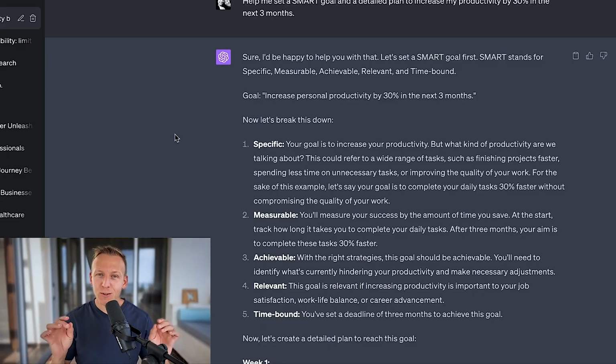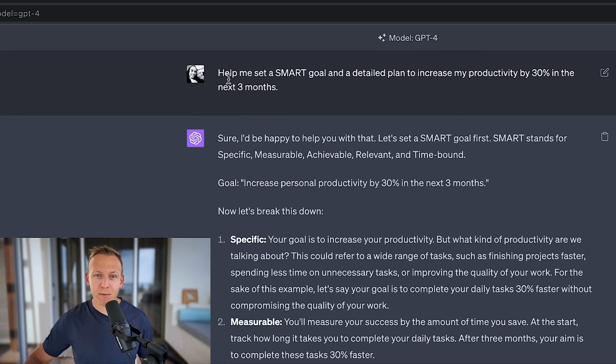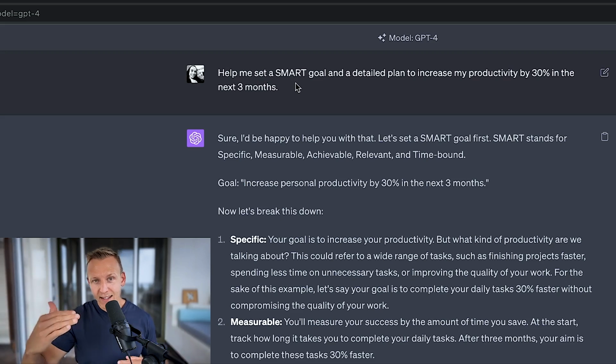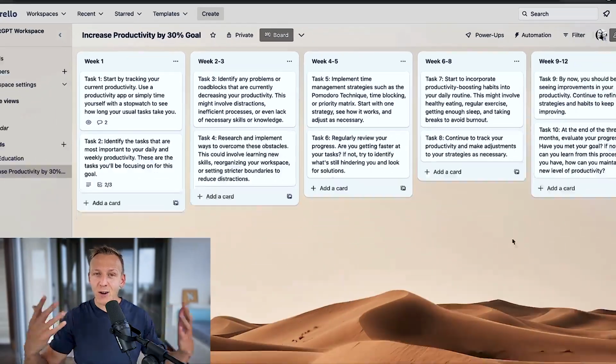So once again, in order to set a goal, track it and achieve it, all you need is a simple prompt that says, help me set a SMART goal. I recommend including that word, and a detailed plan too, and then write in your goal. And I recommend to be specific what the goal is, how much you want to improve by, and in what time frame. If it clarifies your goal and you don't think it's specific enough, all you need to do is give it more context, run that prompt, you're gonna get a new goal setting, and then add it all into Trello